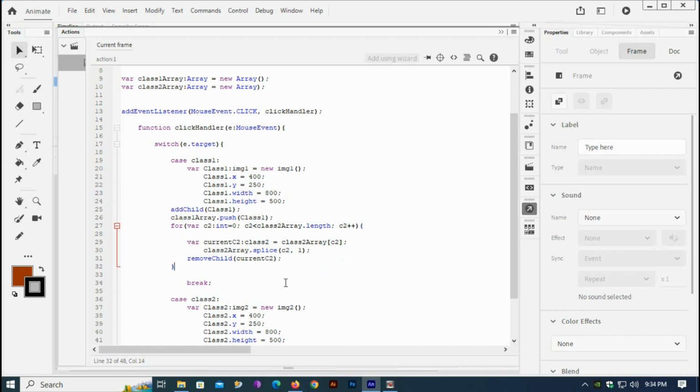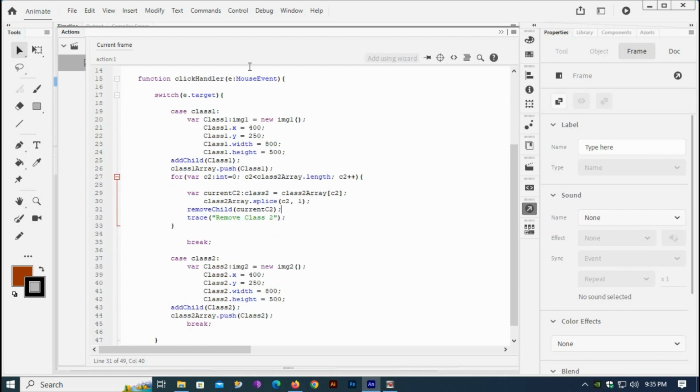Okay, and if I give a trace here, trace class 2, okay, and now if I test it, you see, save it first, Ctrl S, if I test it,